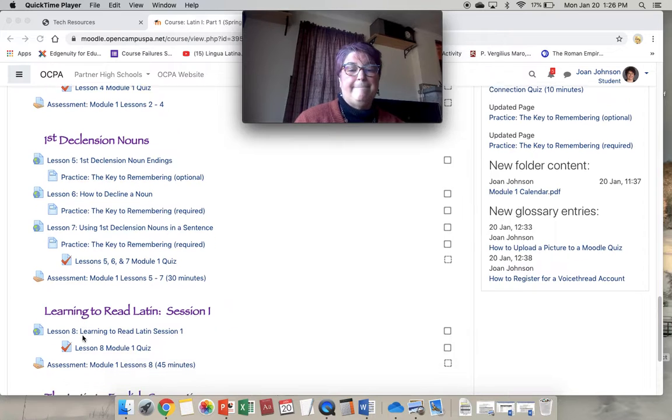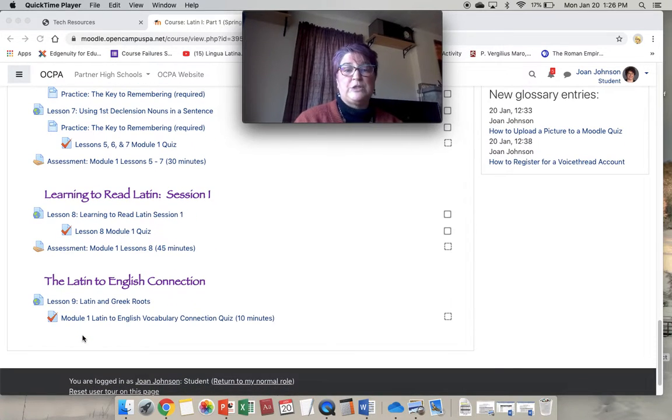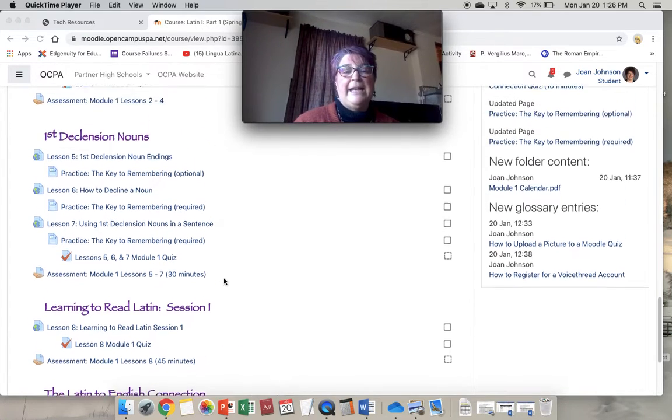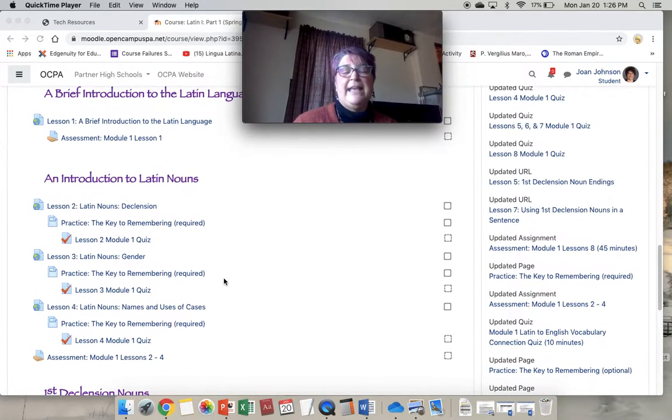assessment. And finally, we have the last two sections, the Learning to Read Latin section and the Latin to English Connection section. This particular setup is the same for every module. In fact, in every module, the last two sections will always be Learning to Read Latin and the Latin to English Connection. And everything that comes in front of it has something to do with a grammatical concept that we're